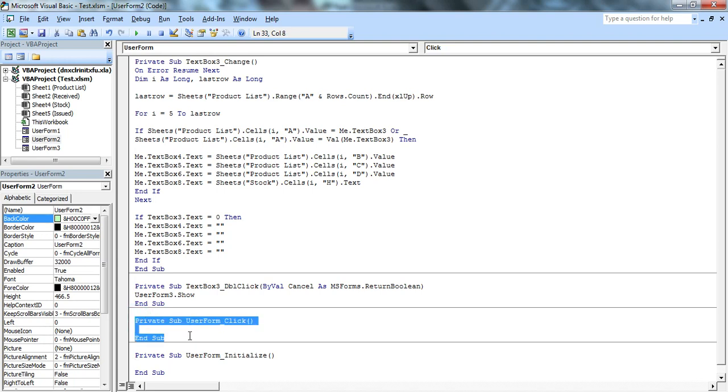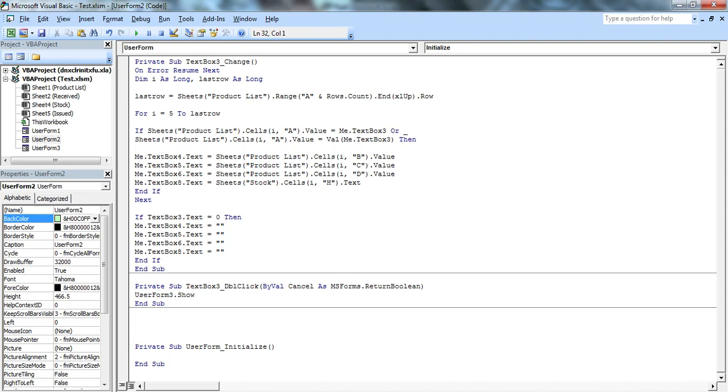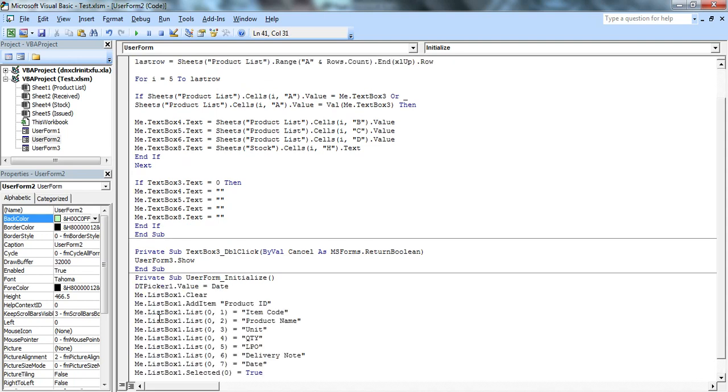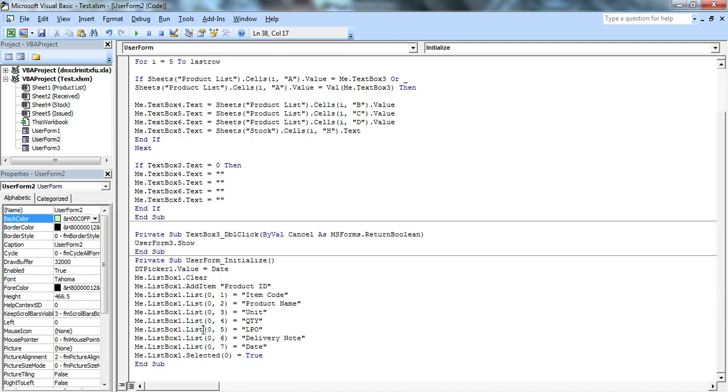Actually, I want that when this form is initialized, certain things should happen. For that, I change the event, and then I paste this code here, and now I'll explain what this means.